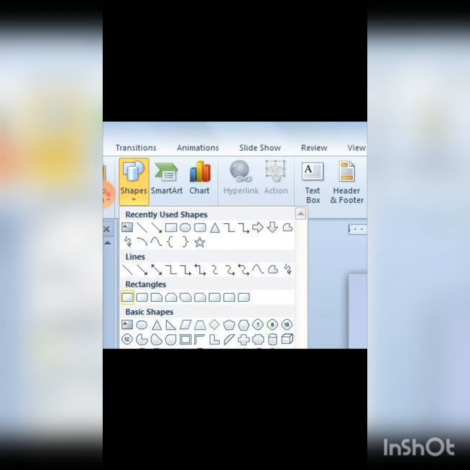It has two tabs. Listen carefully. The action setting dialog box has two tabs. One is mouse click and the other is mouse over. Click clear, then select the tab, mouse click, and do one of the following under action or click section.